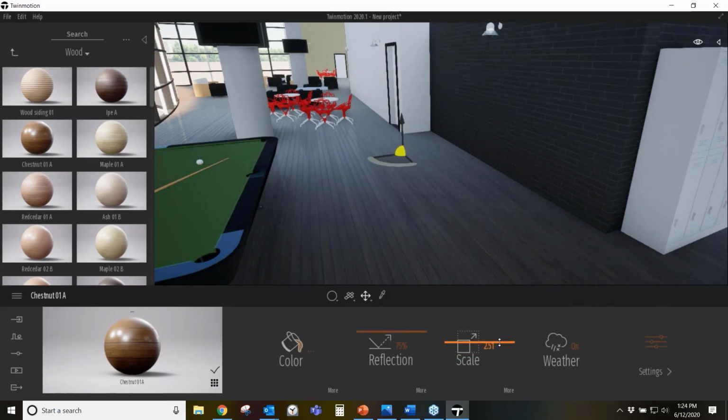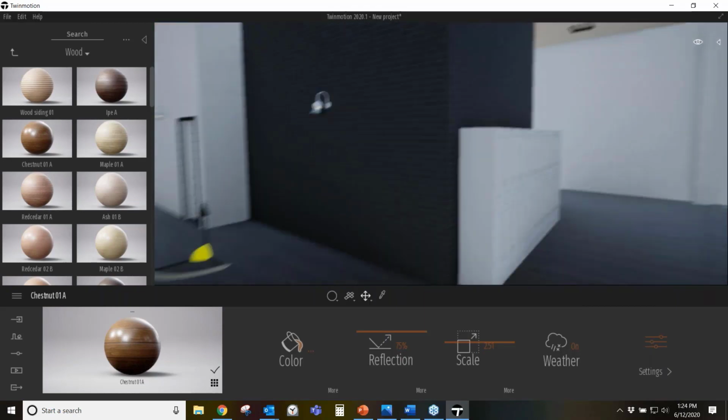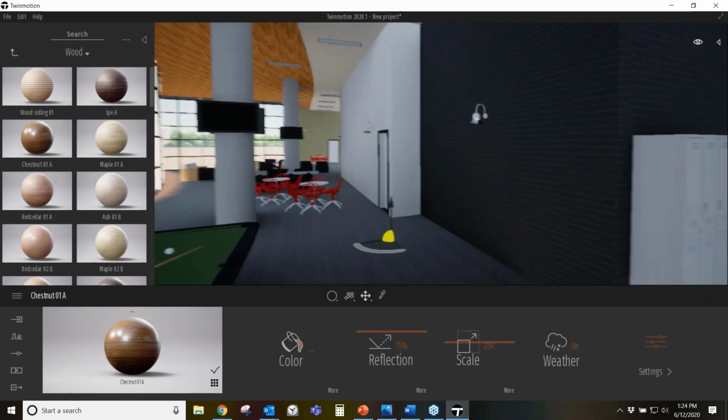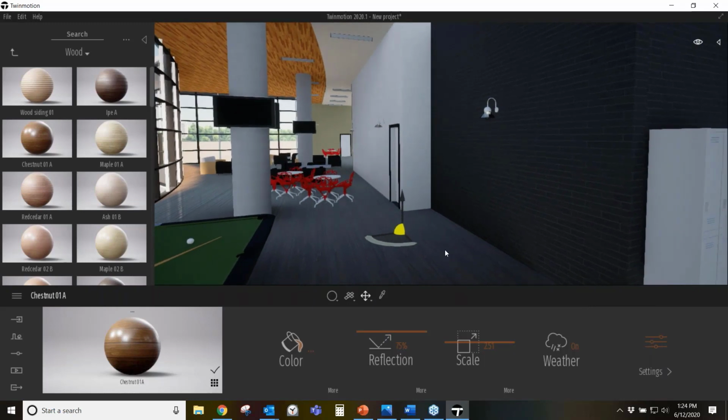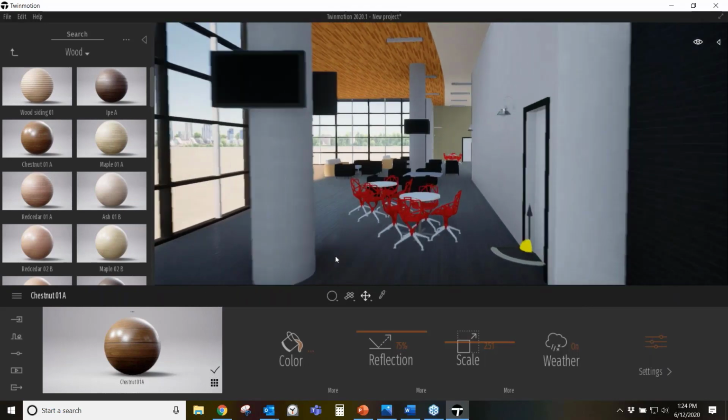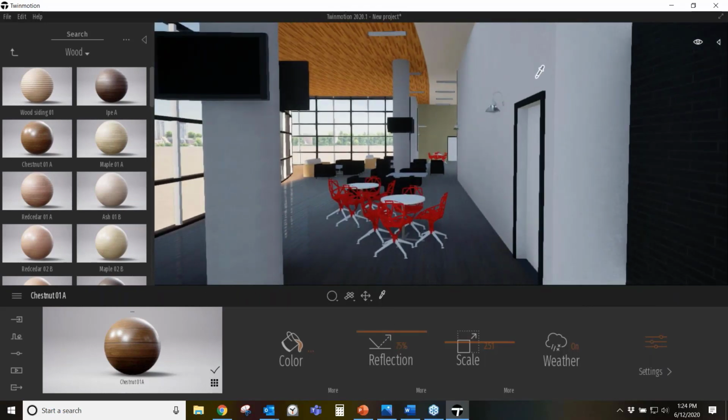Oh, and one feature I really like about Twinmotion and just making things look more realistic. Sometimes when we create our renderings, everything looks too polished. Like the walls are super clean, the floors are shiny, there are no imperfections. One of the default material settings for Twinmotion materials is a setting to,